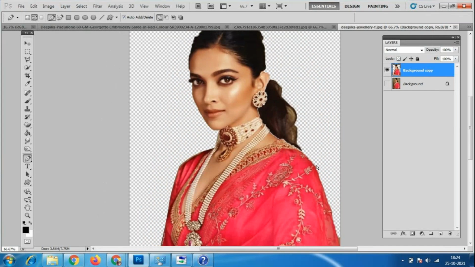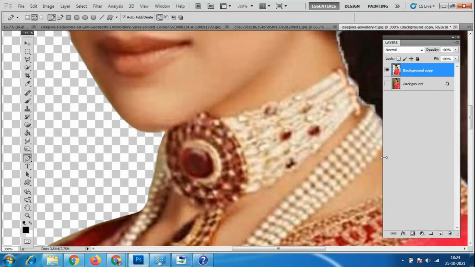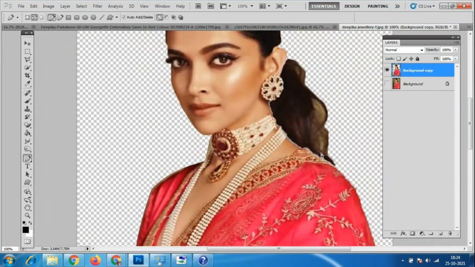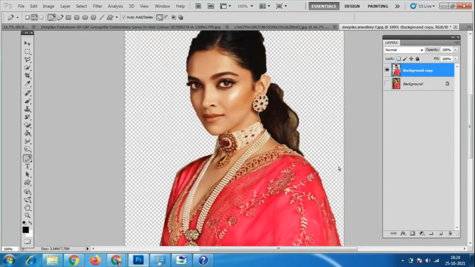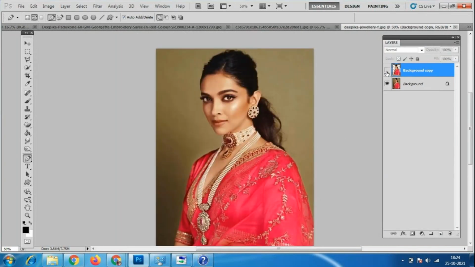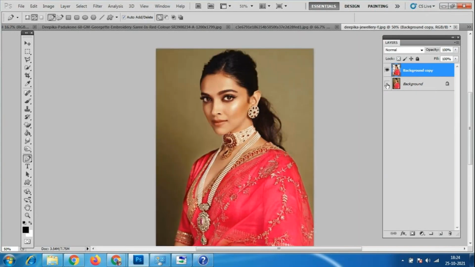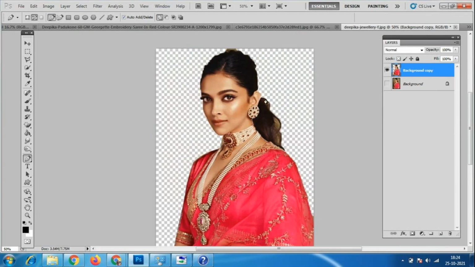Still I feel this photo is having some white color background or something. Otherwise some layer which is selected, those things are deleted. So always take a copy of this. See, here part is cut.